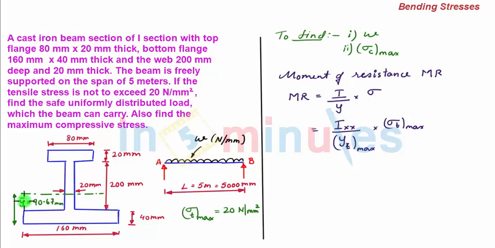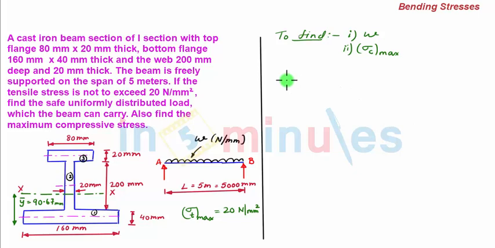So we represent the value of y bar on this composite T section. This denotes the centroidal XX axis of the composite I section. Now as we see, for sagging moment, your bottommost layer is subject to tension, so your y bar is nothing but yt max. Now we also need to find out your Ixx.